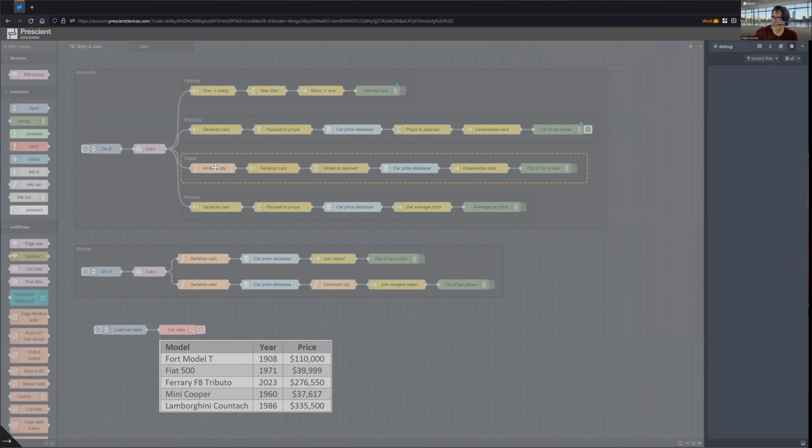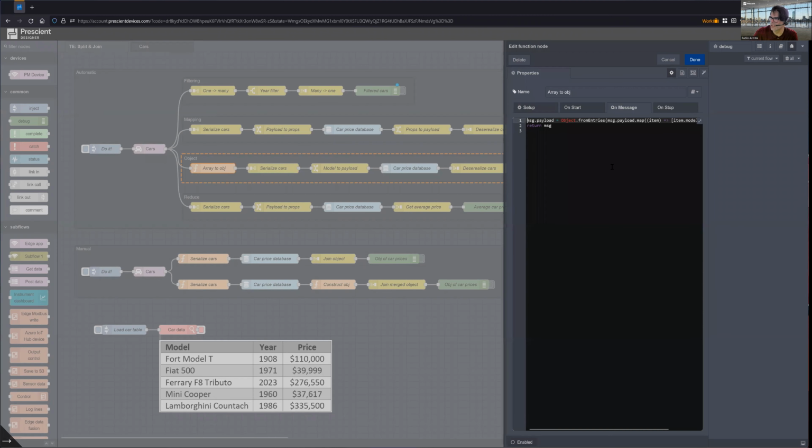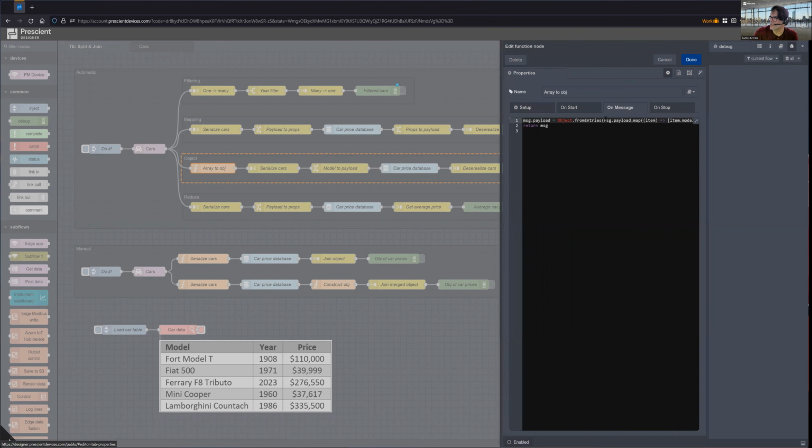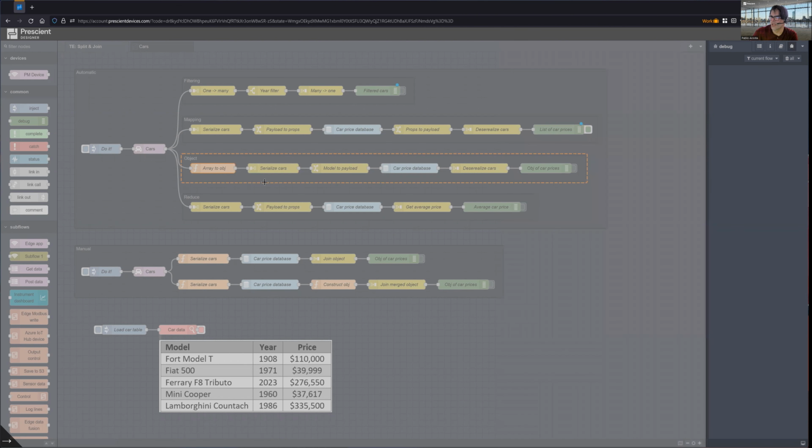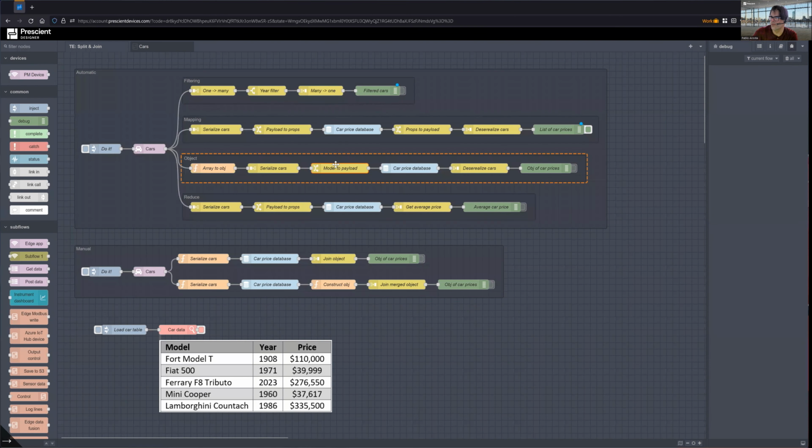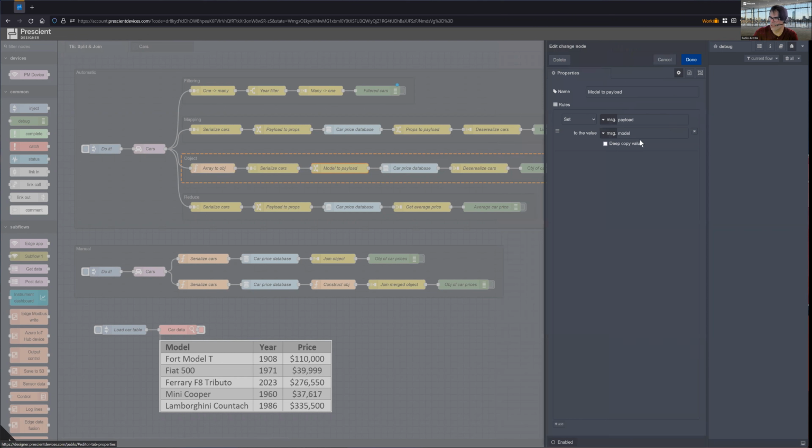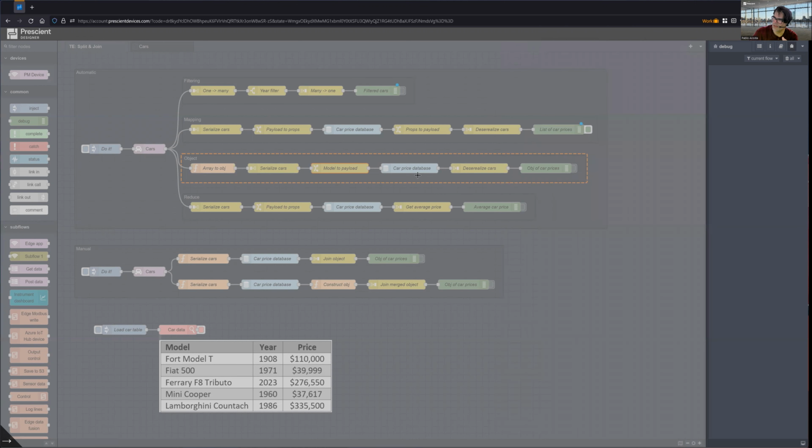So if we transform the data from a list or an array to, in this case, an object, the keys of the object are the name of the model of the car, and the value of that key is the year it was introduced into the market. Then I copied the key, which is the name of the car, to the model property,